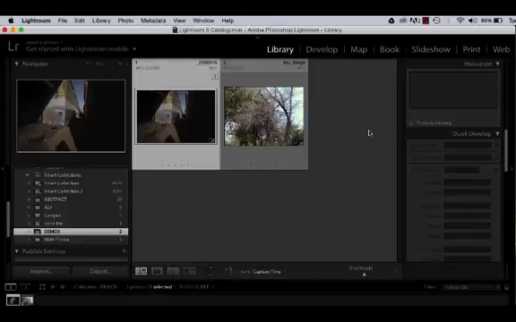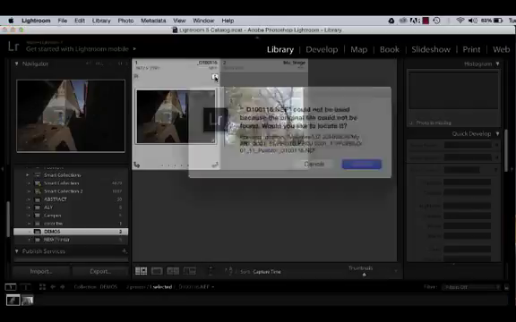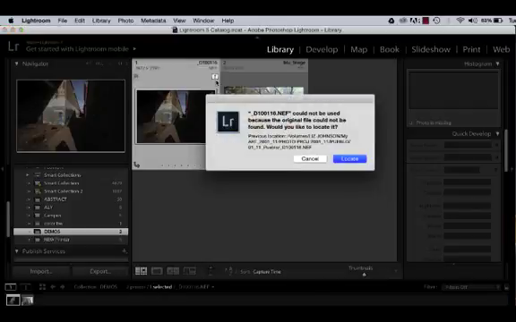We're back, and I wanted to continue with editing this image from the first tutorial, the review. And what I noticed is there's an exclamation point. Now, if I hover over it, it tells me the photo is missing. So something happened where I moved the original photo that I imported, and now Lightroom can't find it. So what I want to do is click on that exclamation point, and it will ask if I would like to locate this file,